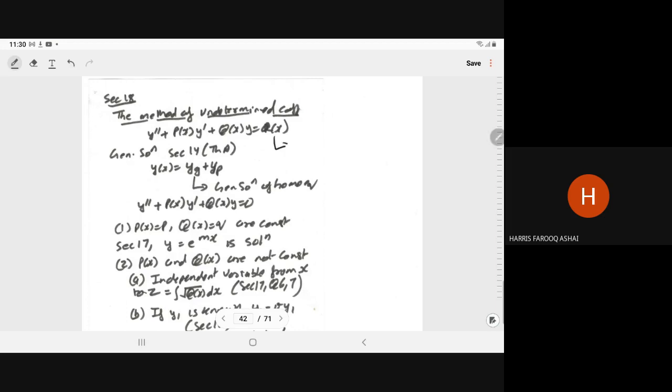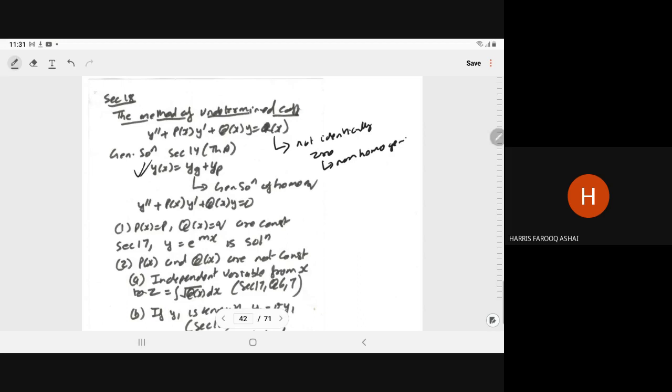Now rx is not identically zero, which means non-homogeneous. So for the non-homogeneous equation, you know by section 14 theorem A, the solution is